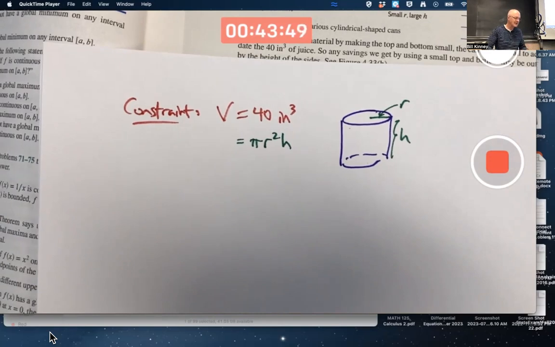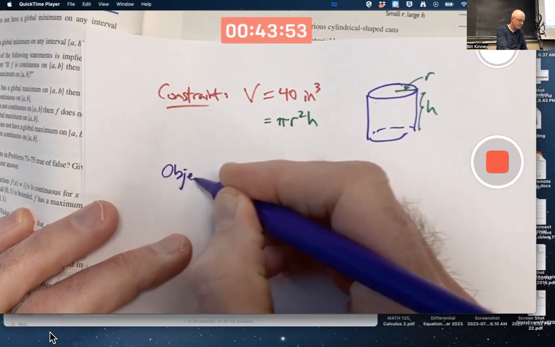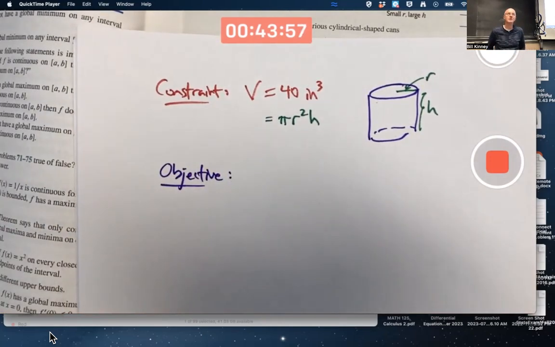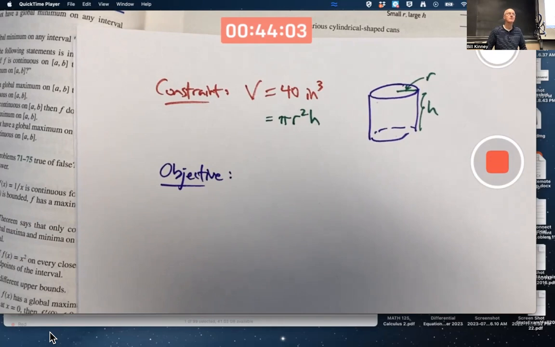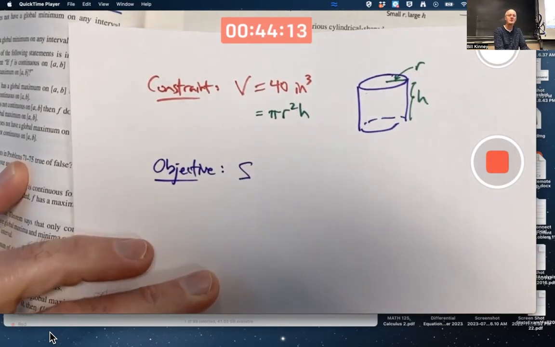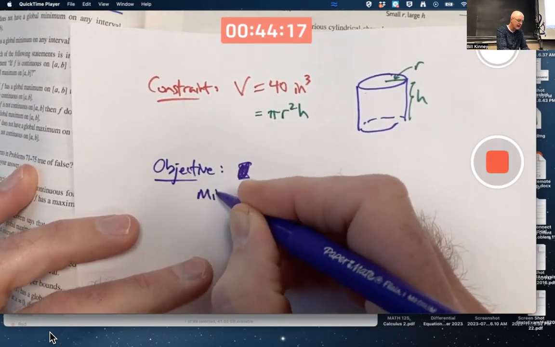What is the objective? The objective is the quantity you want to optimize, maximize, or minimize. When I say optimize, I mean maximize or minimize. In this case, we're trying to minimize something. We're trying to minimize the surface area. The objective is to, well, let's put the word minimize in there. Minimize